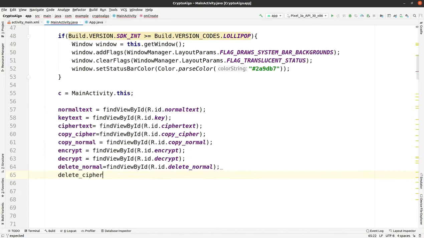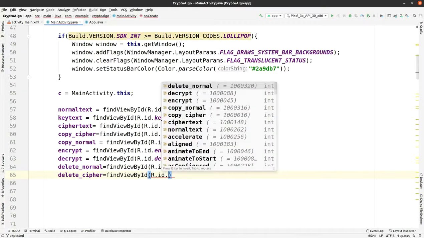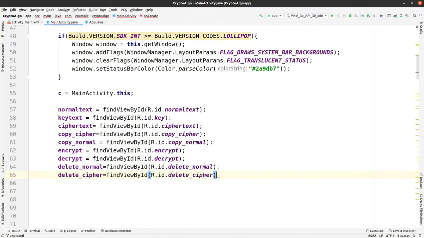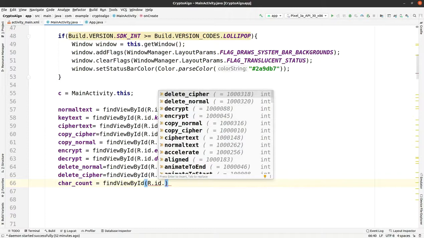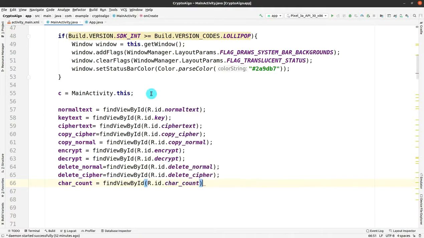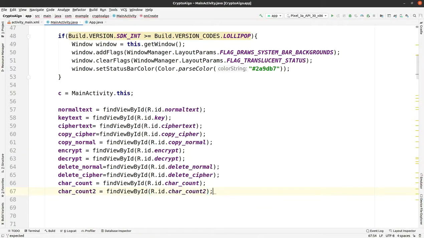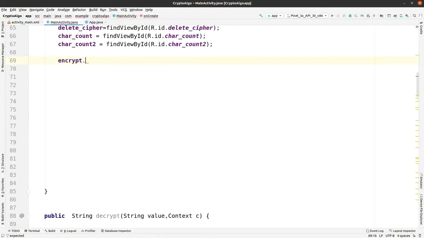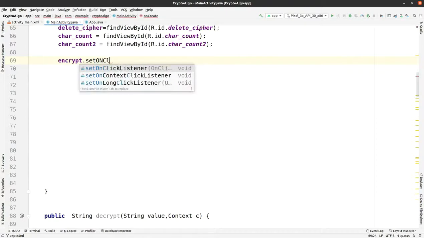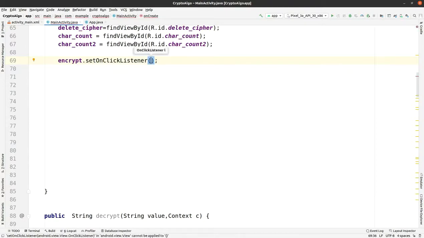So we will map this, and we will be calling set on click listeners for all the buttons that we have provided here. After that we have to also make sure that we take up the count of the characters within the encrypt or the plain text and the key of size 8 characters, and then the character count of the decryption also. Okay, then we are calling up the set on click listener for the encrypt button, and we will be making a view. Okay, it is implemented on click.